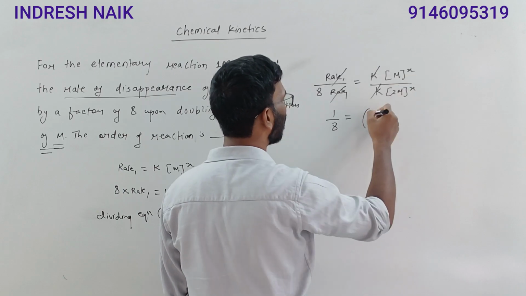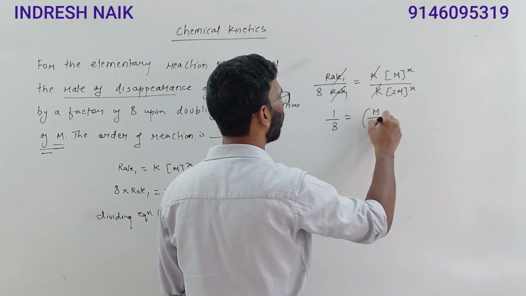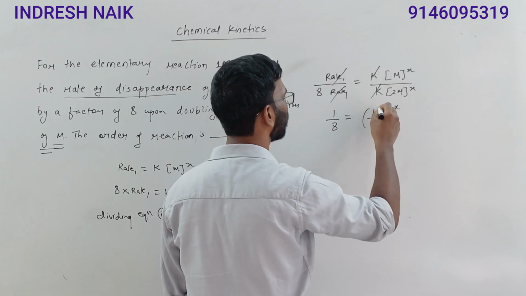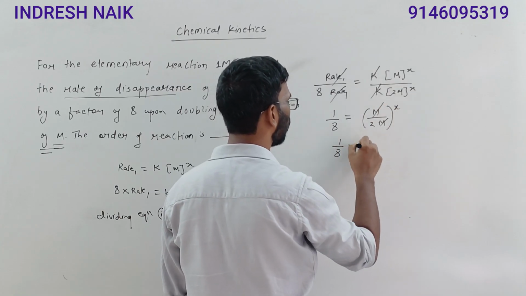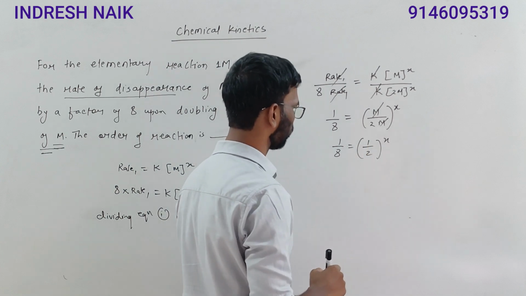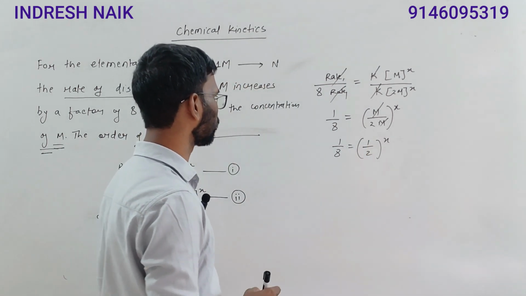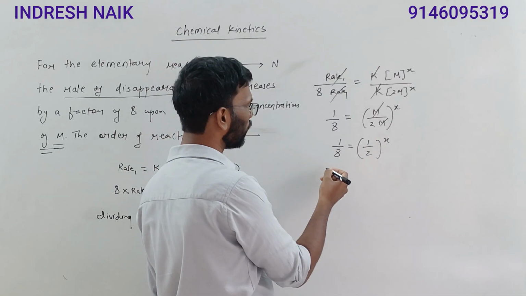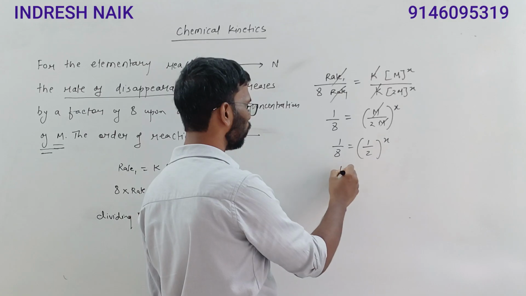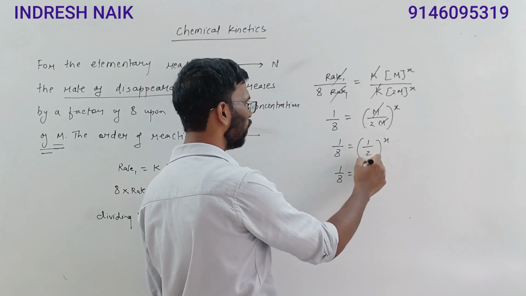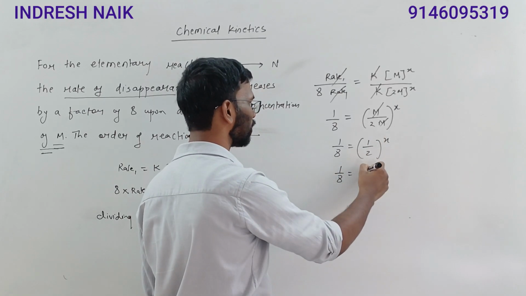I can write this, since the power is the same, as M upon 2M raised to X. This M and this M get cancelled. So we get 1 by 8 equals 1 by 2 raised to X. Right? So can I write it this way? Like 1 by 8. 1 raised to X or anything raised to X